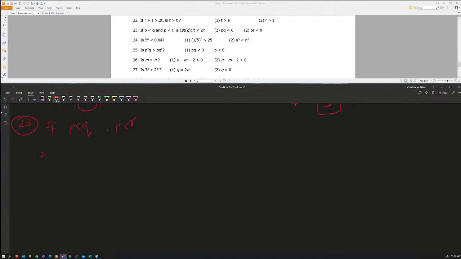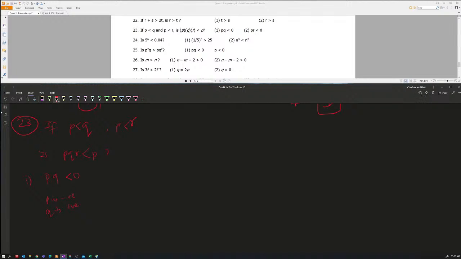So the question is, is PQR less than P, right? So let's take the first condition. It says PQ is less than 0. So we have P less than Q, P less than R, and we have PQ less than 0. So P and Q are opposite signs. So since P and Q are opposite signs and P is less than Q, P is negative and Q is positive,